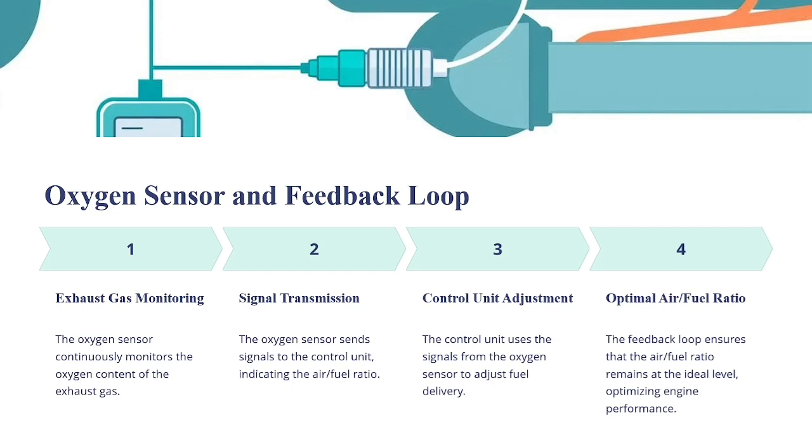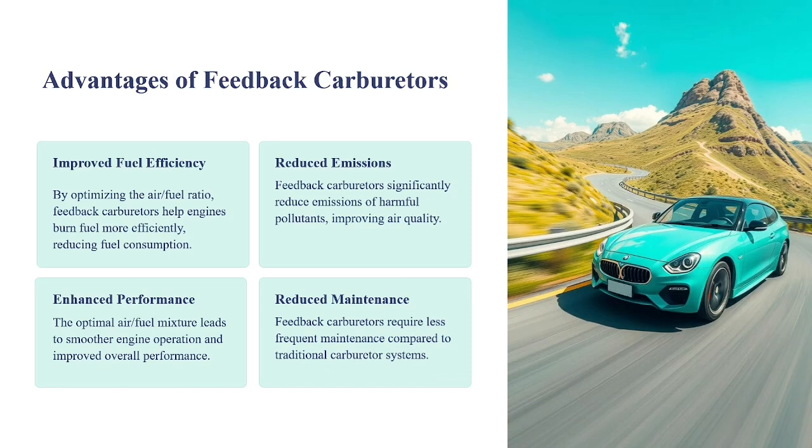In optimal air fuel ratio, the feedback loop ensures that the air fuel ratio remains at the ideal level, optimizing engine performance. The ECU aims to maintain the air fuel ratio continuously. The feedback loop ensures that the engine operates at the optimal air fuel ratio. Then, advantages of the feedback carburetor: